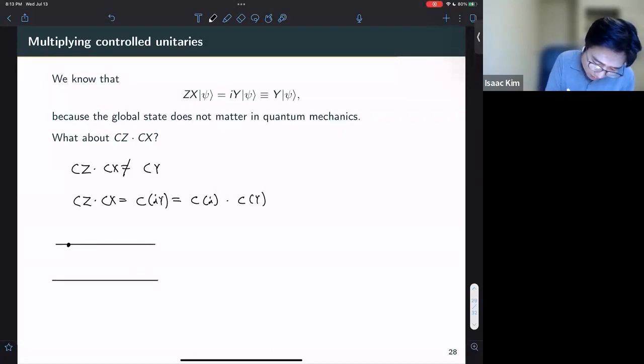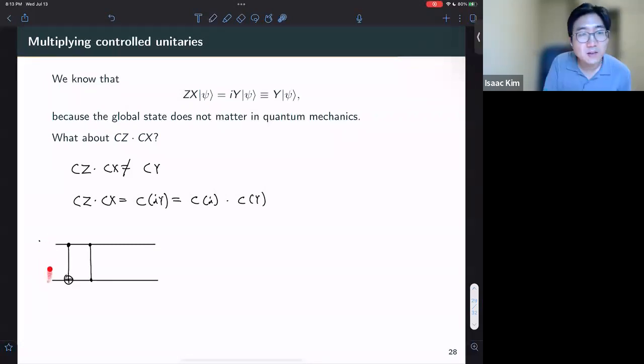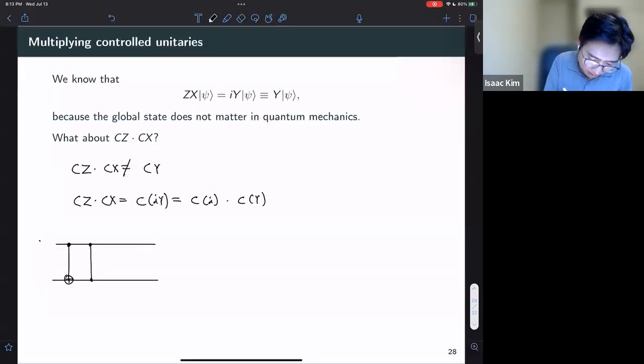So first I apply, let's see. One thing about circuit diagrams is that the order must be exchanged, because remember, the initial state, like this left-hand side, is where the initial state is coming from. And if I apply CZ times CX to psi, psi comes here. That's a bit confusing, but that's why CX is here. But in any case,